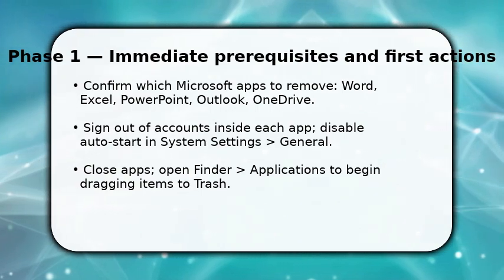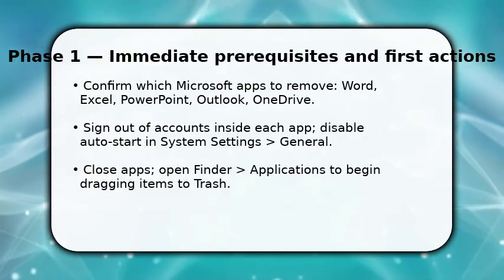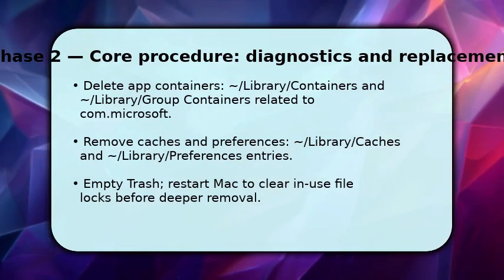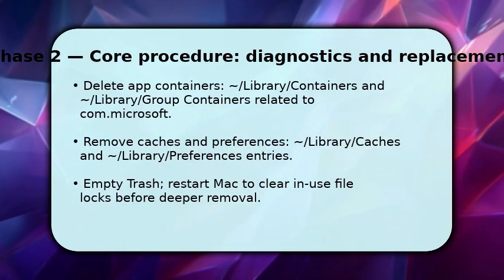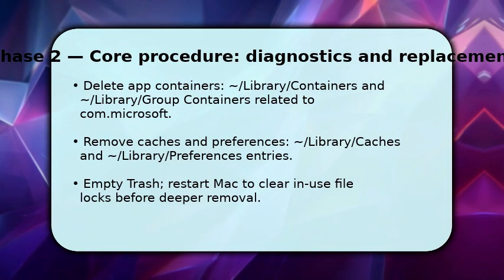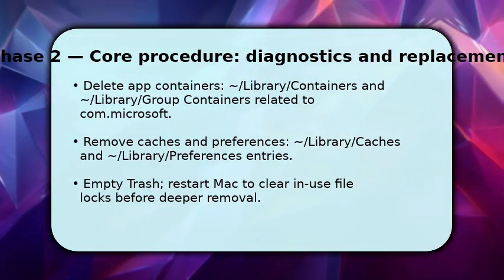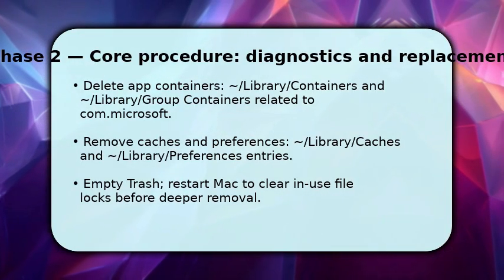Next, tackle supporting files, because leaving these behind keeps preferences and background services alive. In Finder, press Shift-Command-G, navigate to /Library/Containers, and remove folders with com.Microsoft prefixes. Then check /Library/Group Containers for Microsoft data, and delete caches in /Library/Caches plus preference files in